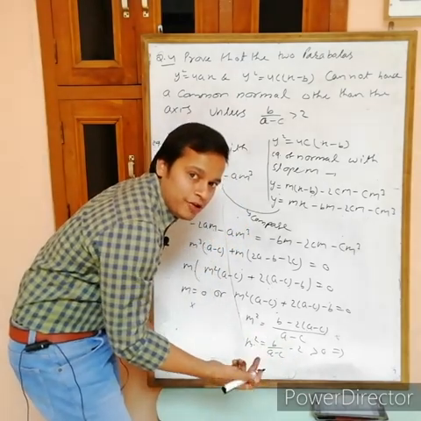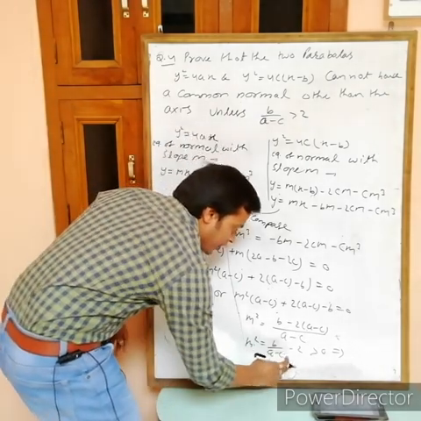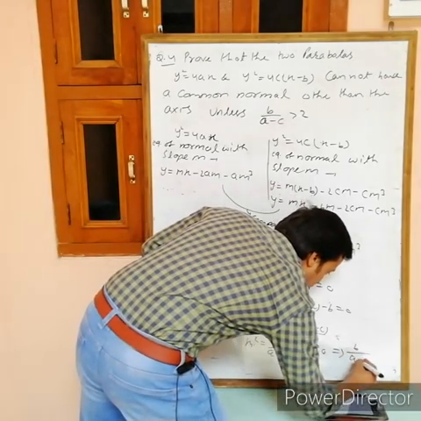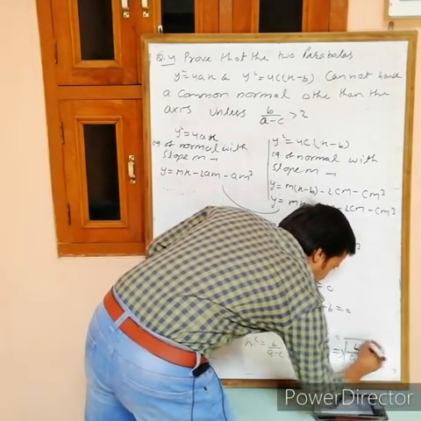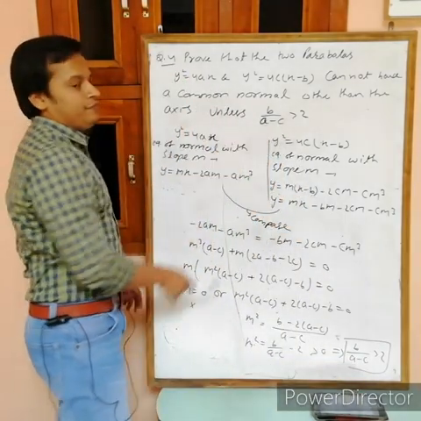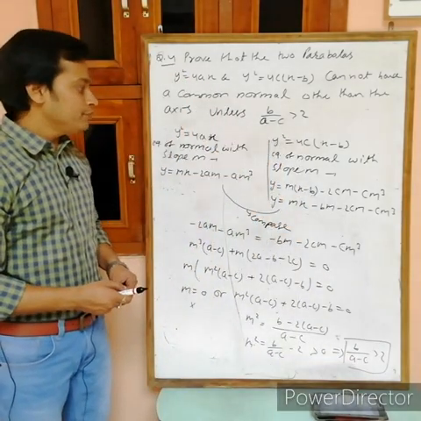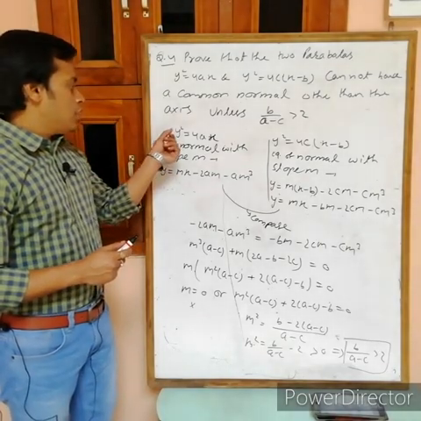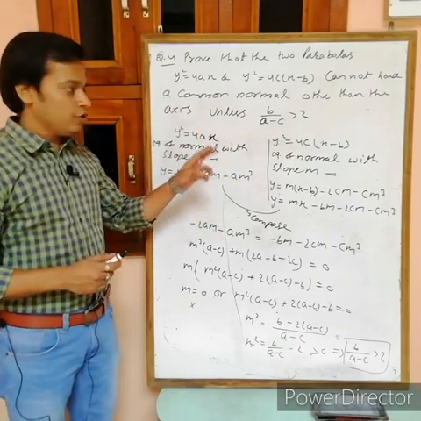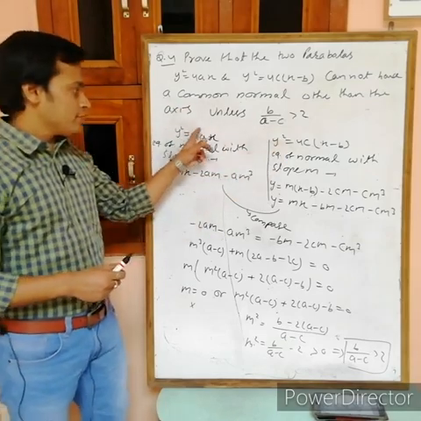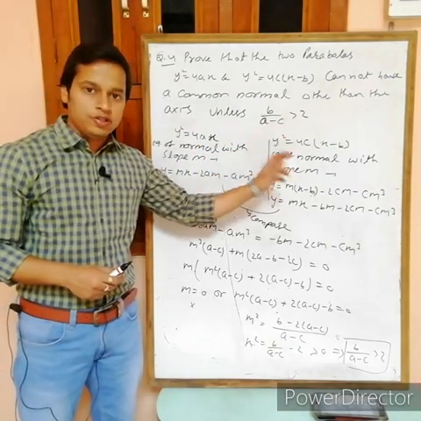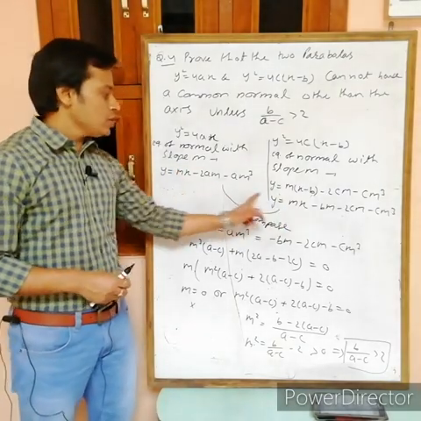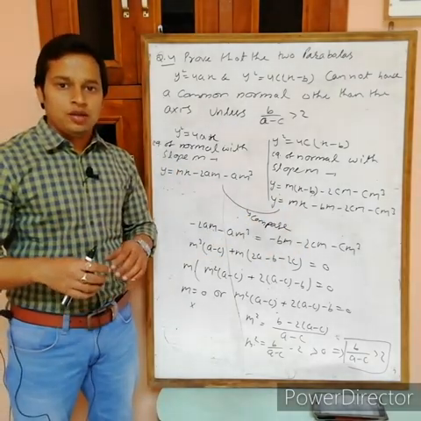Then you will get a value of m, otherwise you will not get any value of m. So if this one is greater than 0, then put minus 2 on this side. What we are getting? b by a minus c is greater than 2. This is the condition that we have to prove. So remember, if you want the condition for a common tangent of two parabolas, then write the equation of tangent for the first parabola, the equation of tangent for the second parabola, compare both at the end, and use the same slope, y equals mx, the slope must be the same, then we can compare.